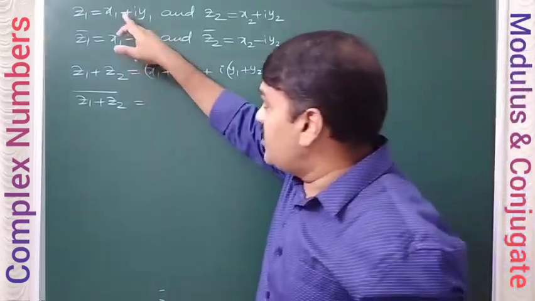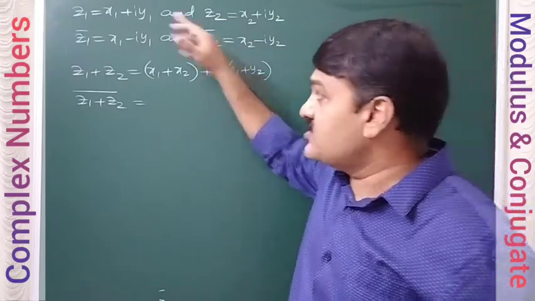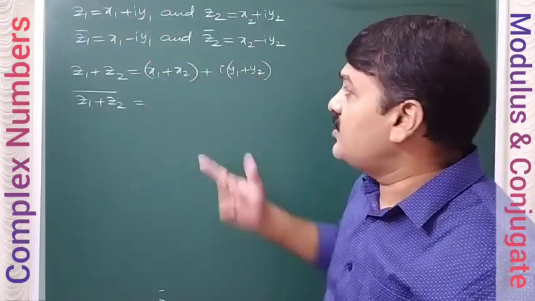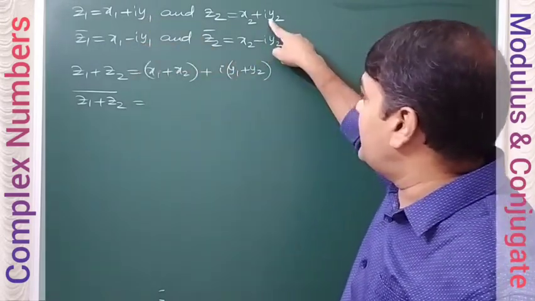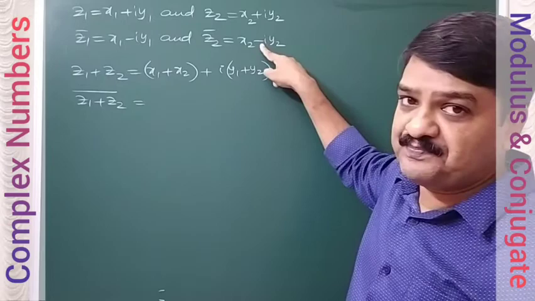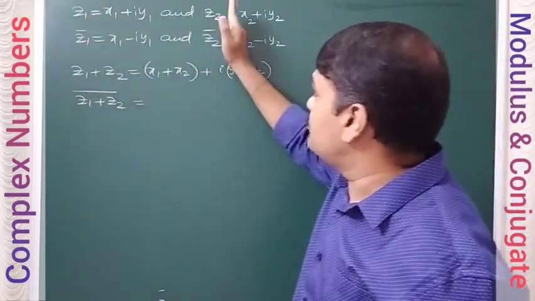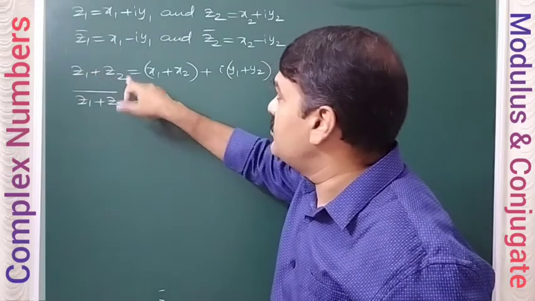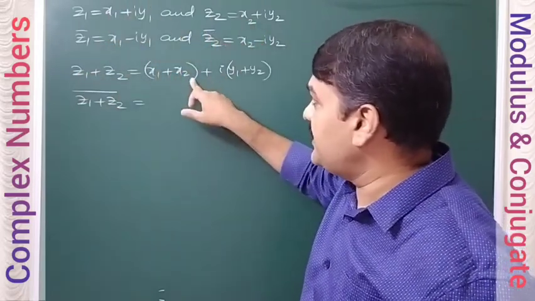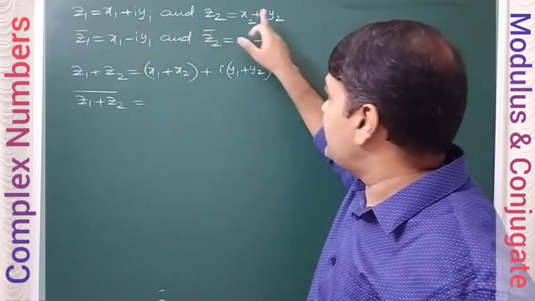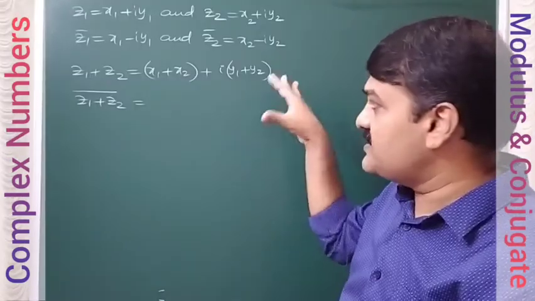So we have taken conjugate of z1 and conjugate of z2. z1 bar means conjugate of z1. And conjugate means simple, for imaginary part you have to change the sign, and that is what we have to notice here. Next, z1 plus z2. Addition of these two we have taken, z1 plus z2. So we get x1 plus x2, add real part separately, iy1 plus iy2, add imaginary part separately. So this is z1 plus z2.